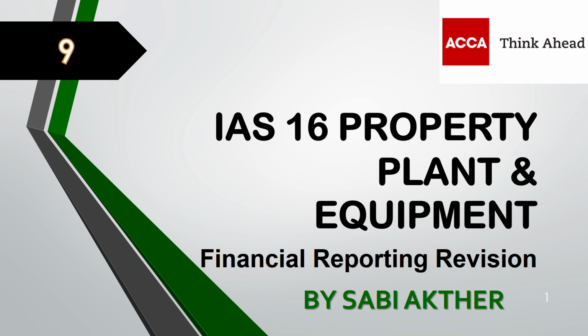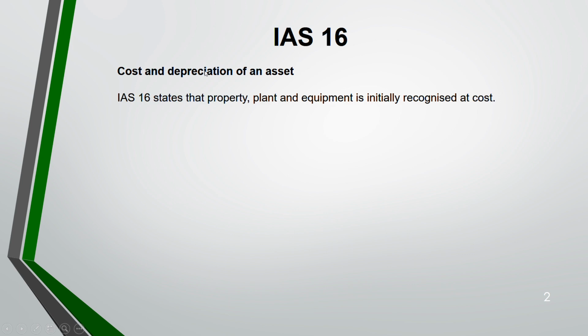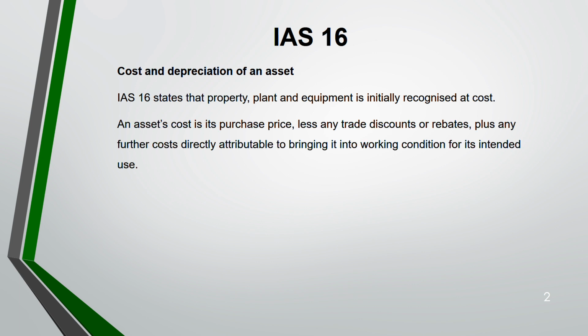This is IAS 16 Property, Plant and Equipment. So, first let us go through the cost and the depreciation of an asset. IAS 16 states property, plant, equipment initially are measured at cost, and the cost includes their purchase price less any trade discount or rebate plus any further cost directly attributable to bring the asset in its working condition or